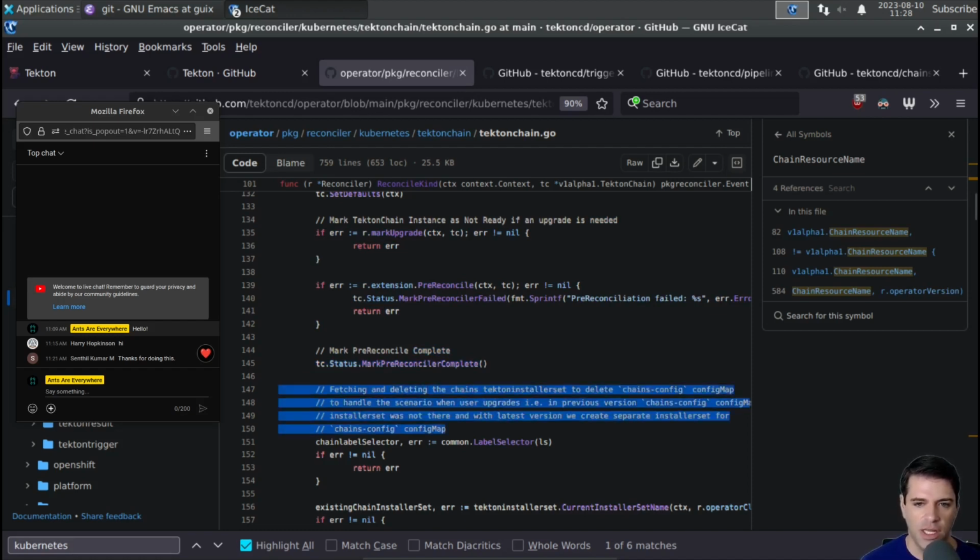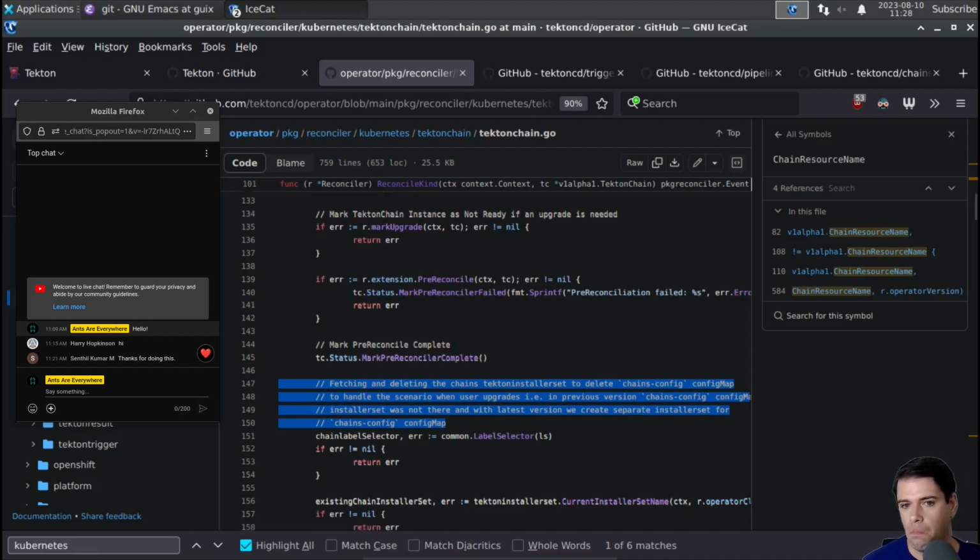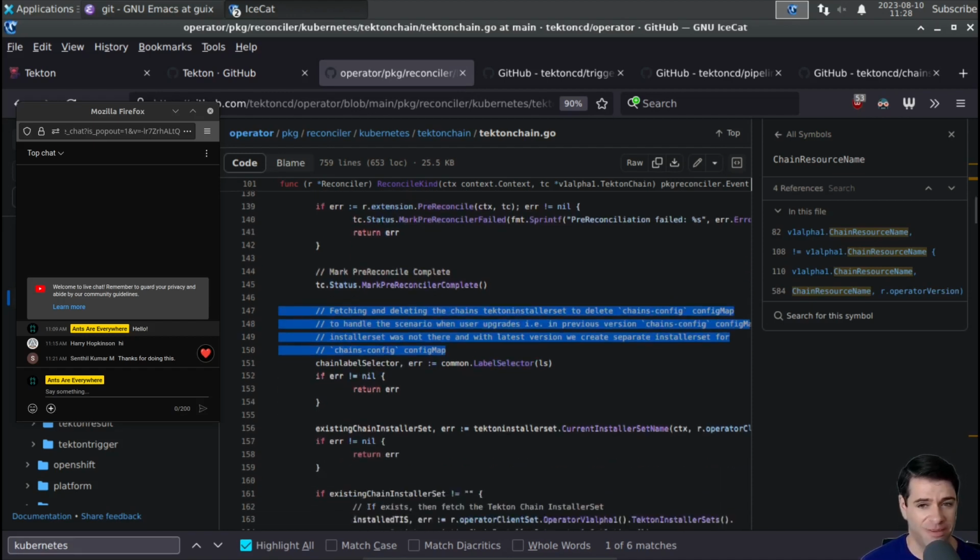Fetching and deleting the chains Tekton installer set to delete chains config map to handle the scenario when user upgrades, i.e. in previous version, chains config map installer set was not there. With the latest version, we create separate installer set for chains config map. I have no idea what that's trying to say. I suspect that maybe the author of this, English may not be their first language. So I don't think that I can quite read this literally, but I think what it's trying to say is,